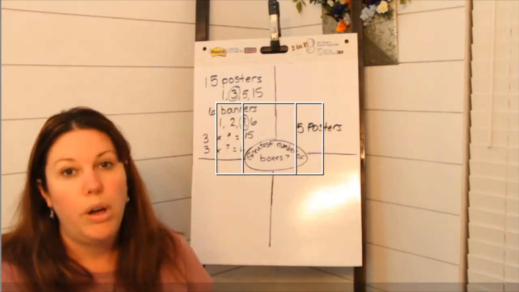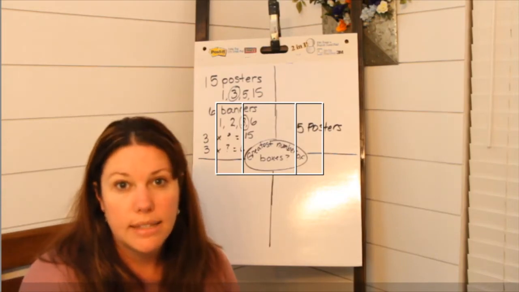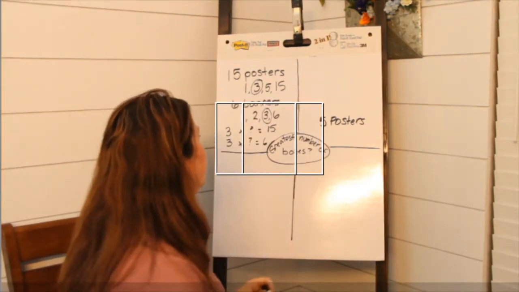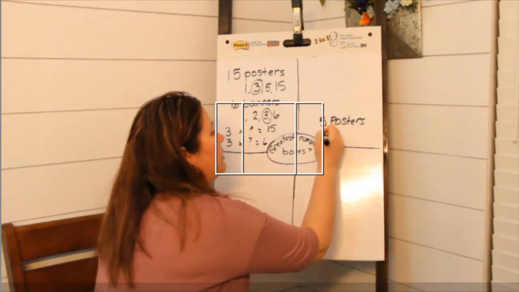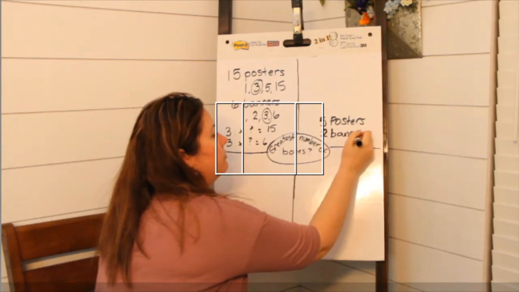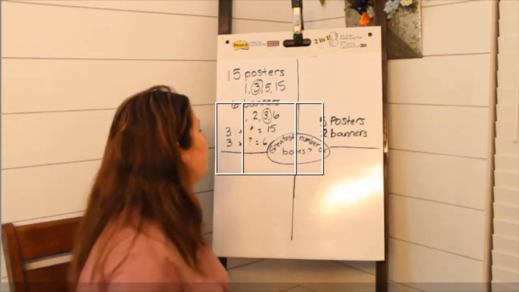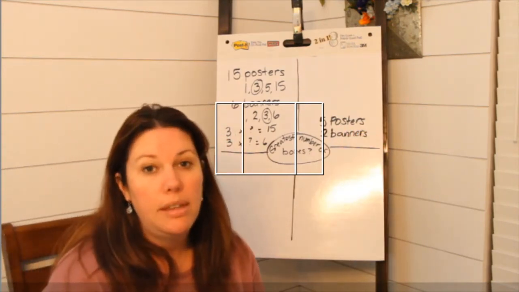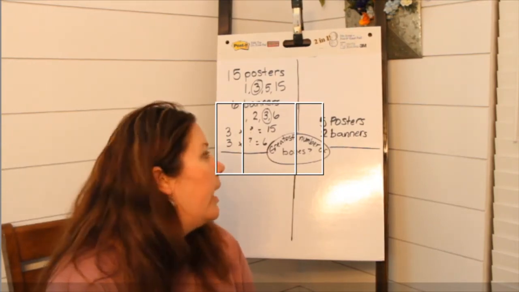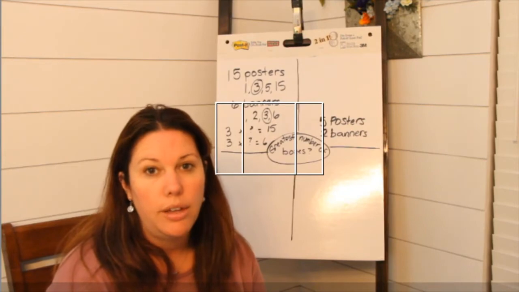And then what number times 3 equals 6? Okay, and that would be 2. So this means that this would be 2 banners. Okay, so that means that he's going to need a total of 3 boxes and 5 posters and 2 banners